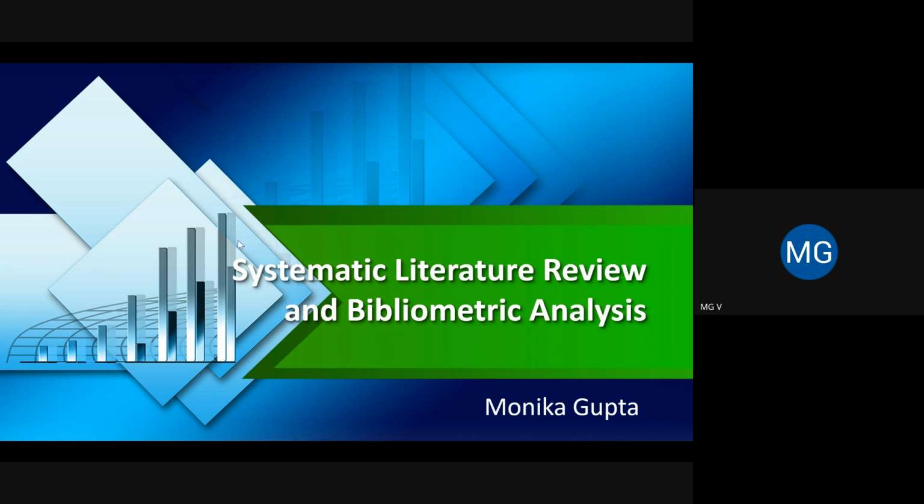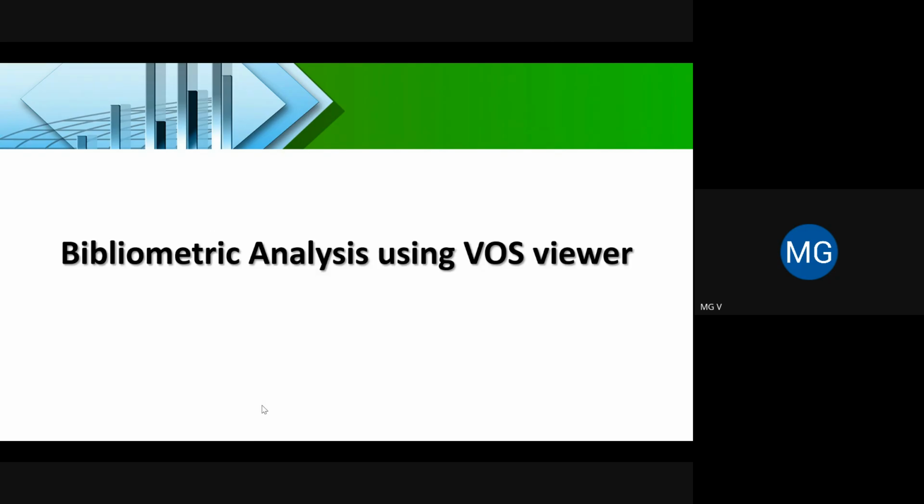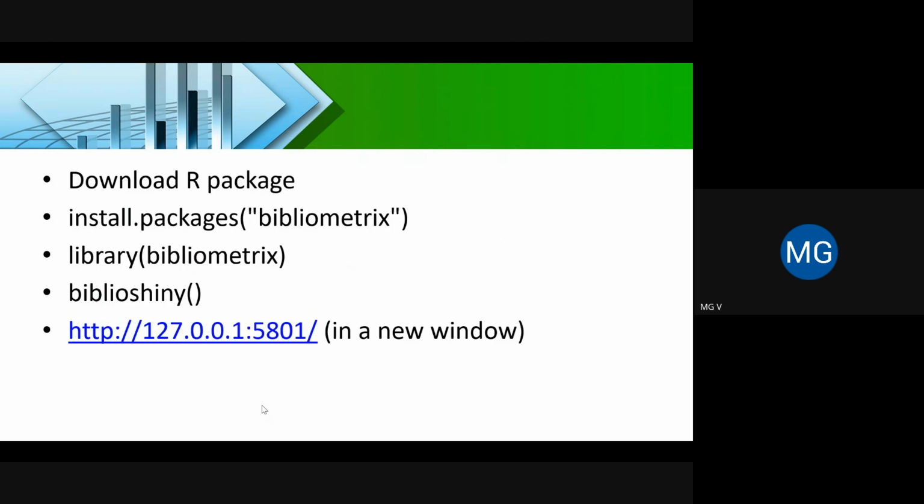So students, as we were discussing systematic literature review and bibliometric analysis, since this is the second day of the workshop, today we will confine our discussion to bibliometric analysis. Yesterday we already covered systematic literature review, popularly referred to as SLR, using the PRISMA framework. For bibliometric analysis, we may make use of VOSviewer, or any software we are comfortable with. So I recommend that all of you please download our package.